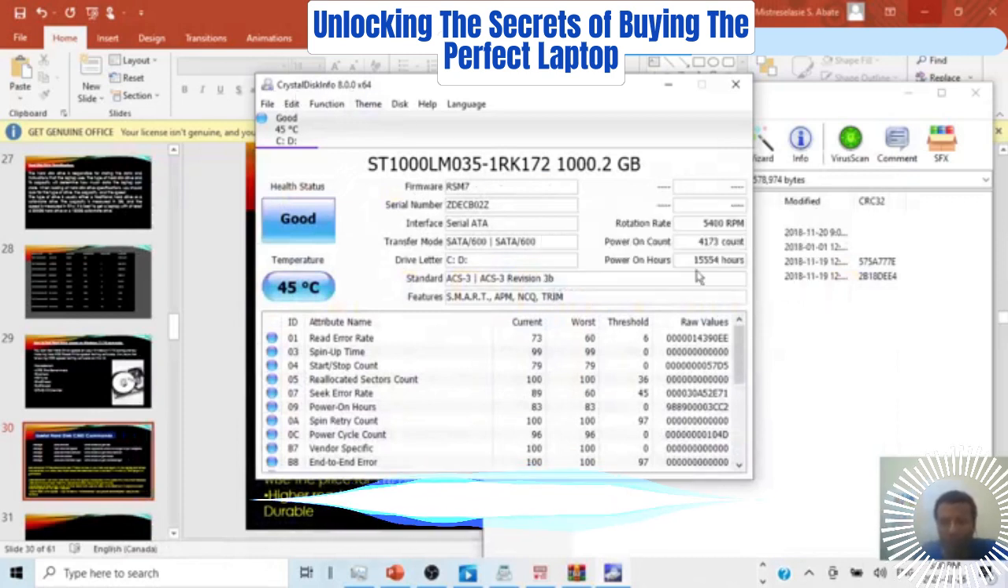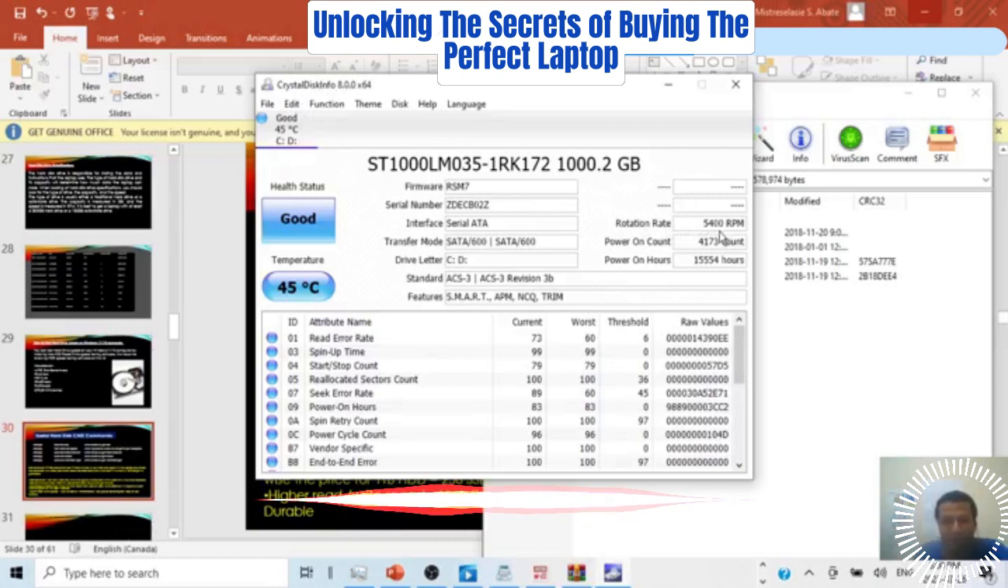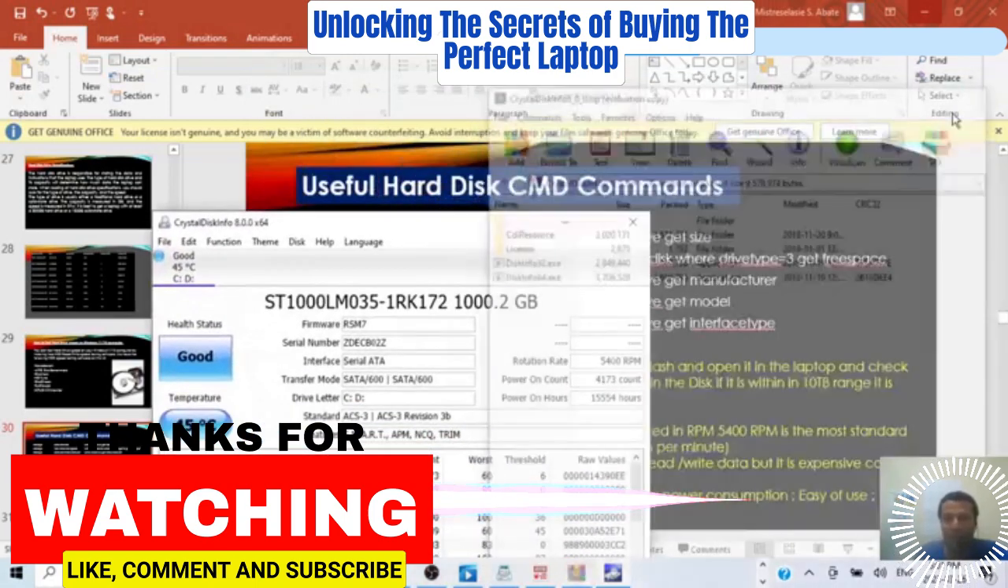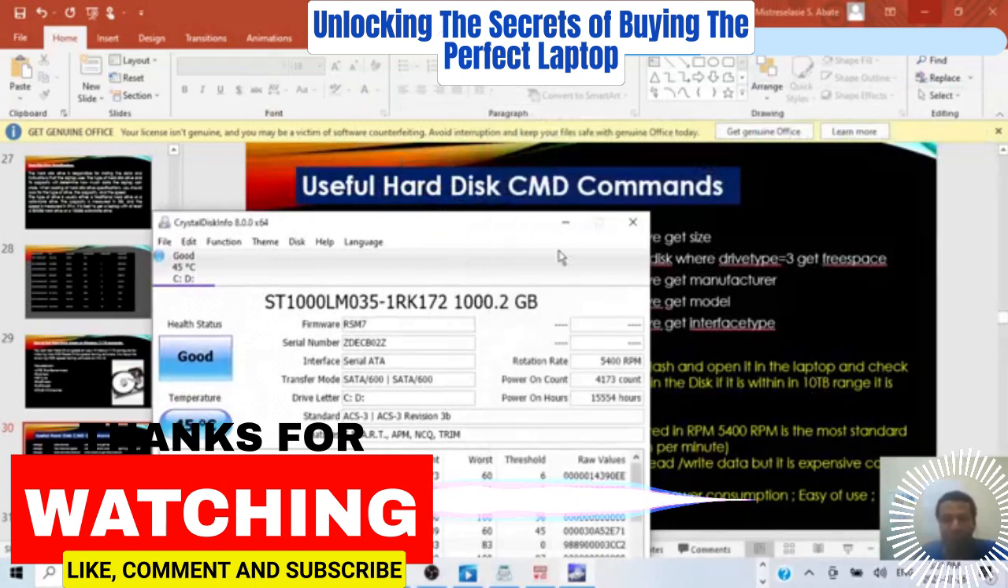You just take it with a flash drive, and as you can see, it will give you rotation rate, power on count, and power on hours, it will give you every information. So as you can see, rotation rate is also given for me. If my system was SSD, then it would give me here the value of how much data was written and deleted in this system. And as per the recommendation,